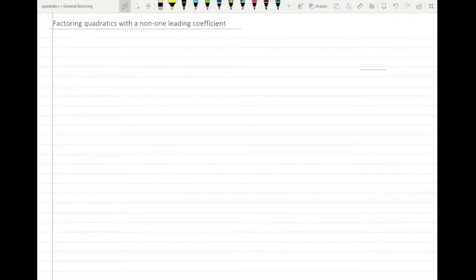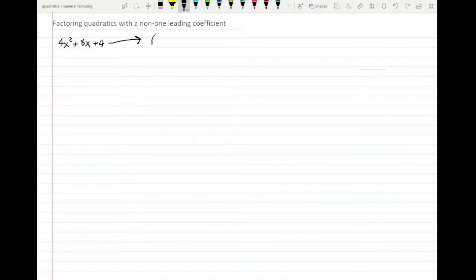Hey everyone, today we'll be factoring quadratics with a leading coefficient that is not 1. Now this is a generalization of the case where the leading coefficient is 1. Like in that case, a lot of the same logic applies. For example, we still want to be turning our quadratic, in this case 4x squared plus 8x plus 4, into